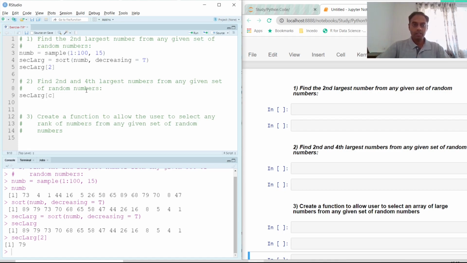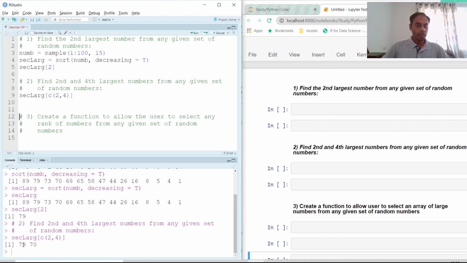And the way we do that is we just have to pass the second and the fourth index. And once we execute this, we have 79 and 70. So 79 is the second element and 70 is the fourth element. So this is how we do multi-indexing in R.